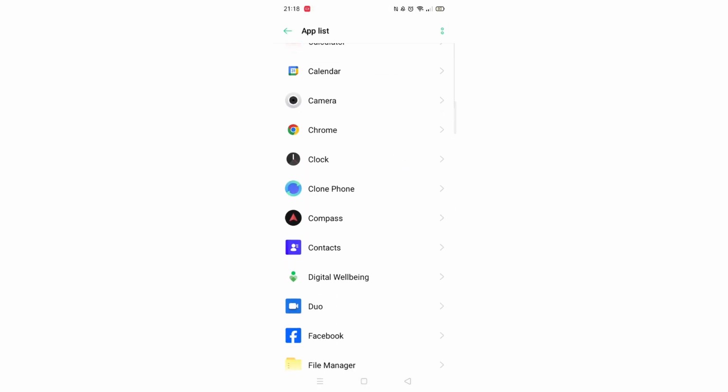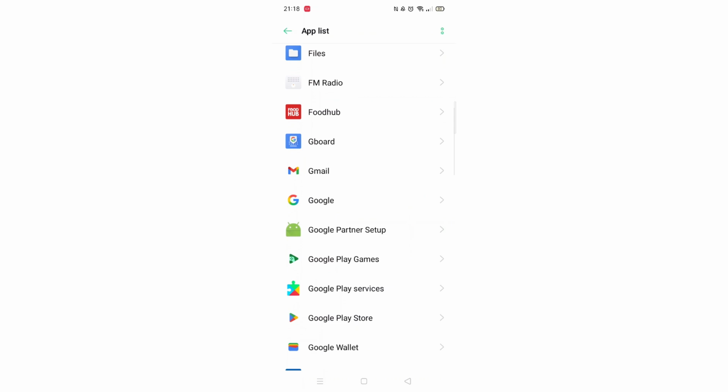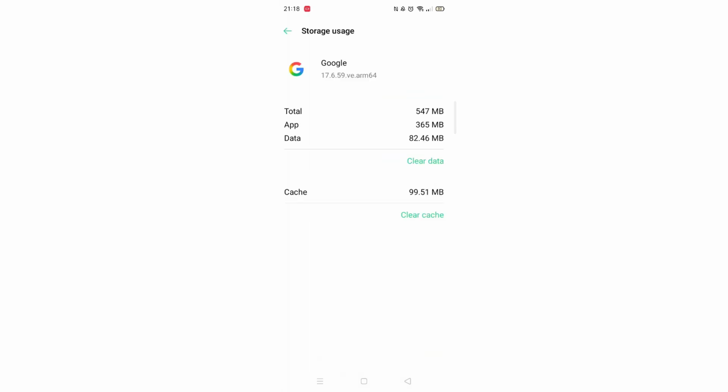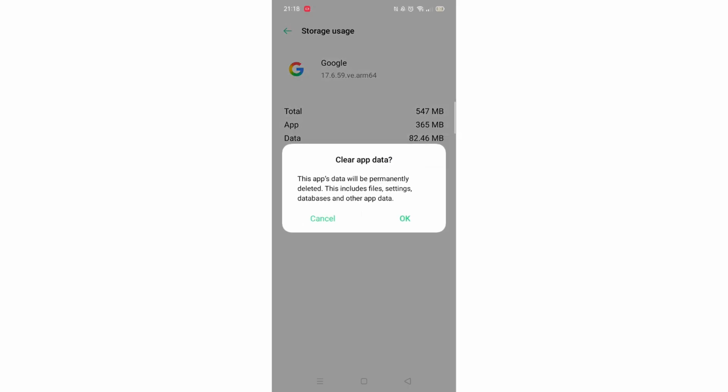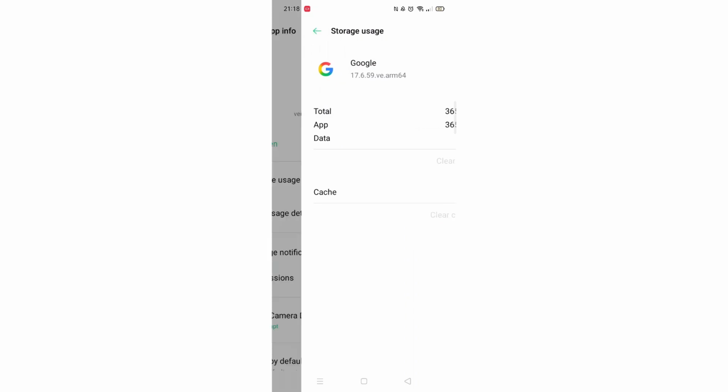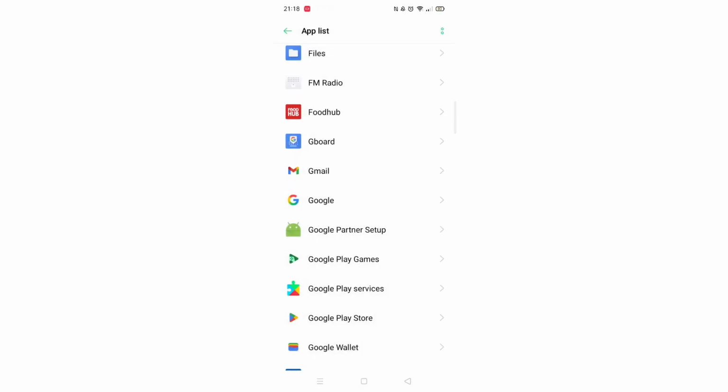Now go back to your apps list, and scroll down to where you see Google, and click on it. Just like with the Chrome app, click on Force Stop, and confirm it. Again, click on Storage Usage and once inside, click on Clear Data. Hit OK to clear the data. If the option to clear the cache is still available, clear it, otherwise that should be the steps completed to